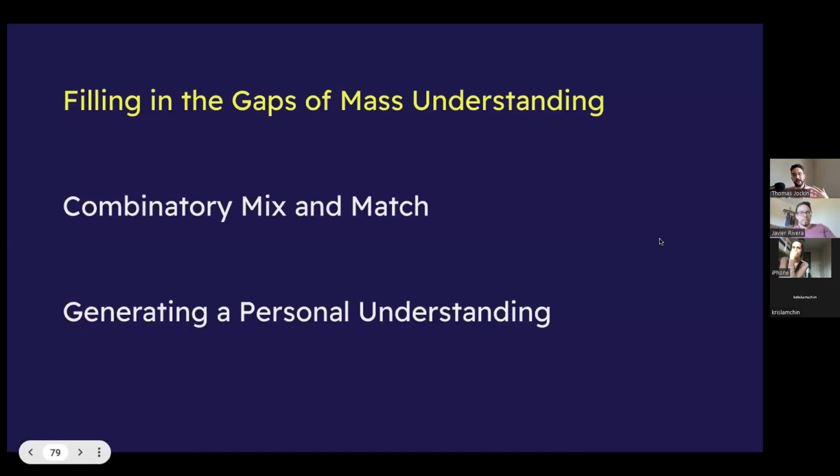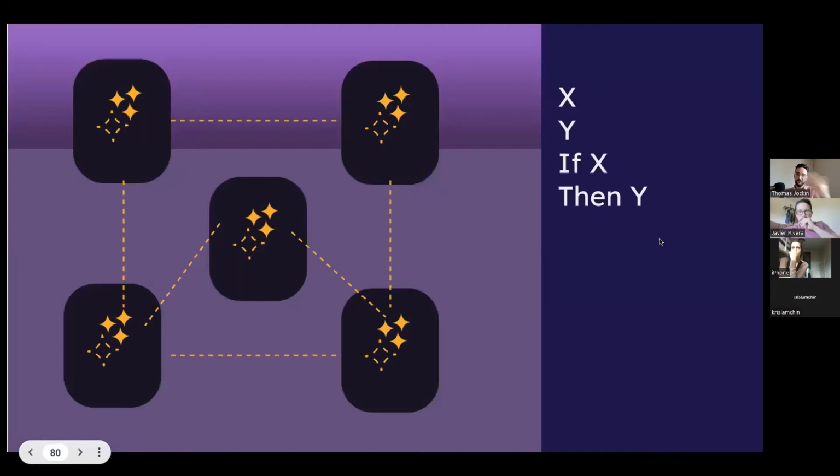So like I said, AI is doing its job in filling in gaps in mass understanding, things that are culturally known and already established, where you just need to fill in a gap or connect two things that are already known. AI does a fantastic job with that. I think that's a very useful tool. You can even do things like, for example, the idea is X and Y, and then find me something between the two, X and Y. It's just interpolating from two known vectors to something in between the two. Very straightforward. An algorithm can do that no problem.